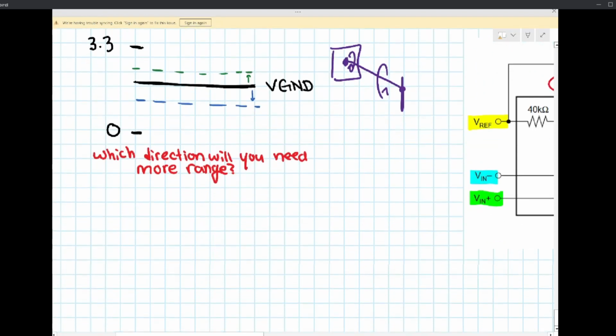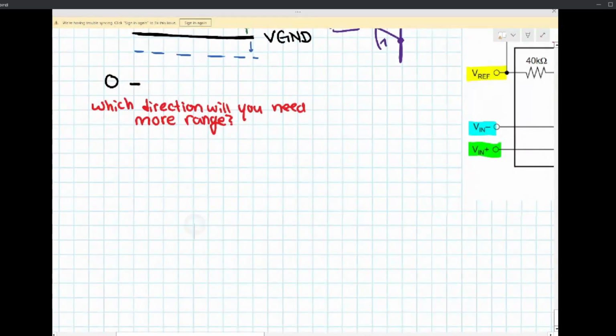So the whole point of this amplifier board, just to take a step back, is to translate some input signal to be a signal between 0 and 3.3 volts, because that's what our